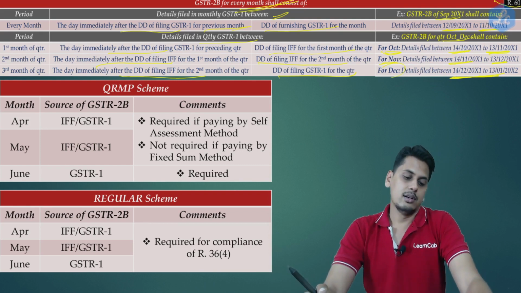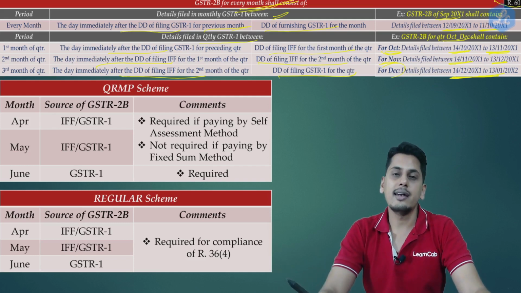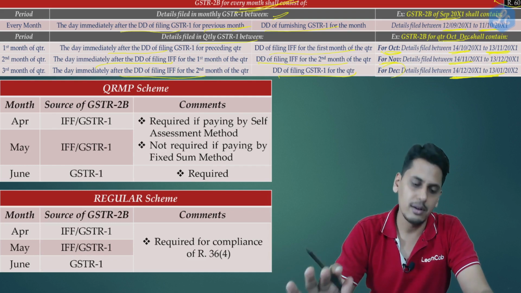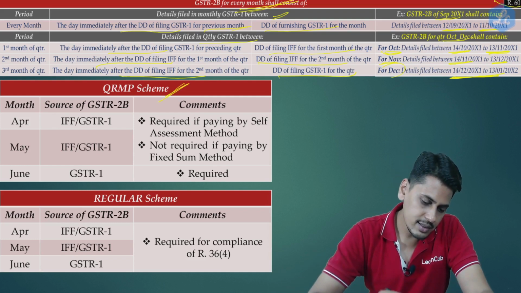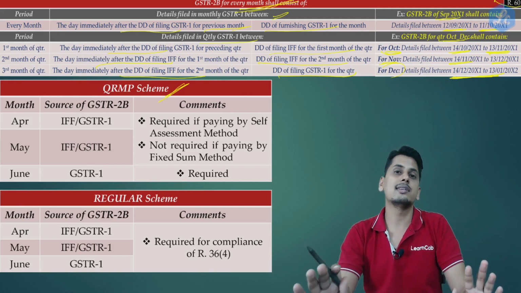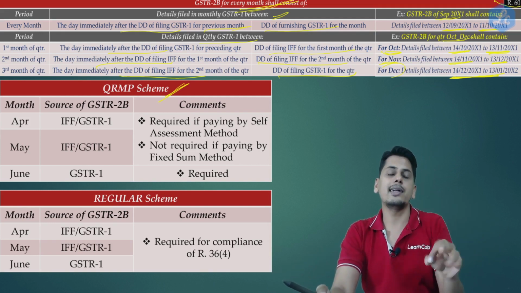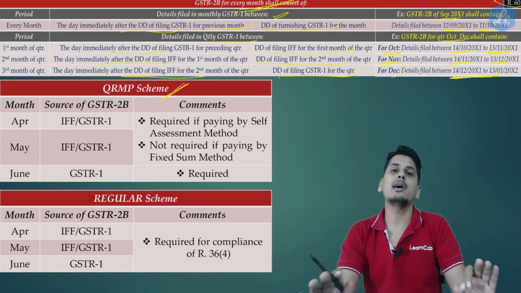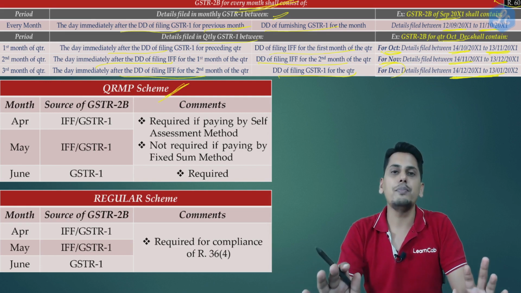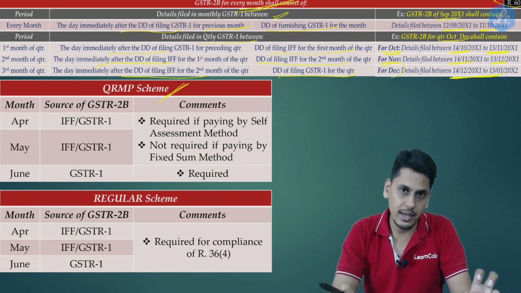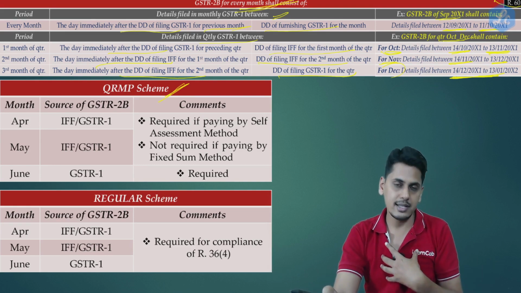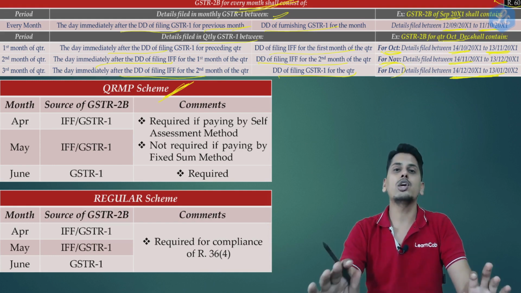So friends, I'm sure by now you're able to understand how 2A and 2B are being placed. We have also seen it in Rule 60, how it is being worded. So now friends, we close the discussion of when a particular data would appear in 2A and when a particular data would appear in 2B. Now we are speaking from the recipient's point of view. Say I am a registered person who is operating under the QRMP scheme.